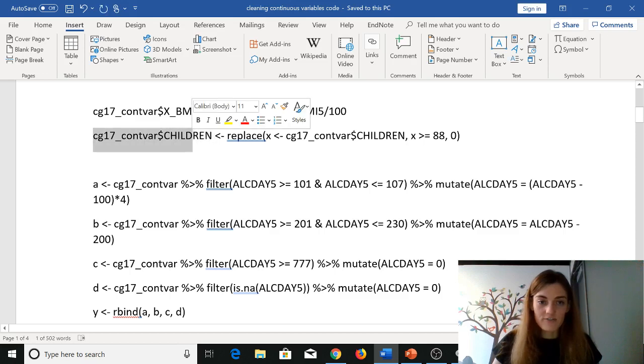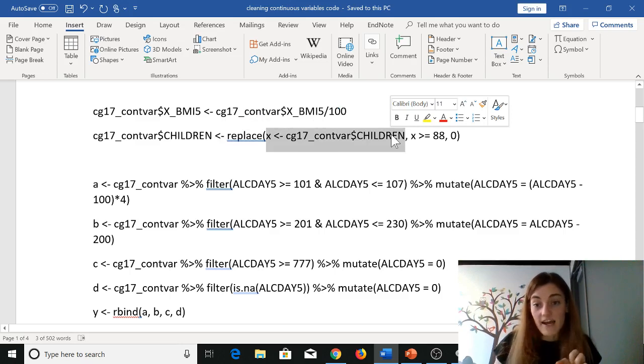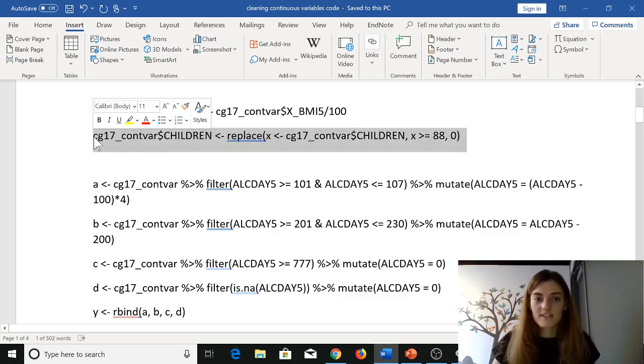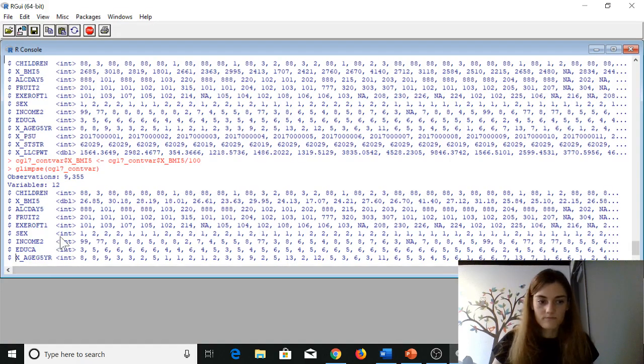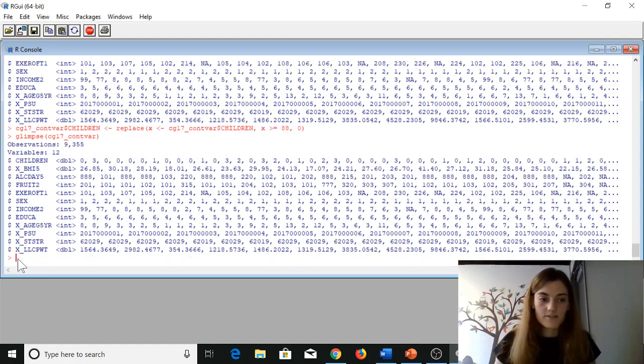In this children variable on our CG17 continuous variable data file, assignment arrow, we want to replace this variable, which we've called x inside of our parentheses, where anything greater than or equal to 88 is replaced to 0. All right, so let's run that as well. And then when we glimpse our data file again,